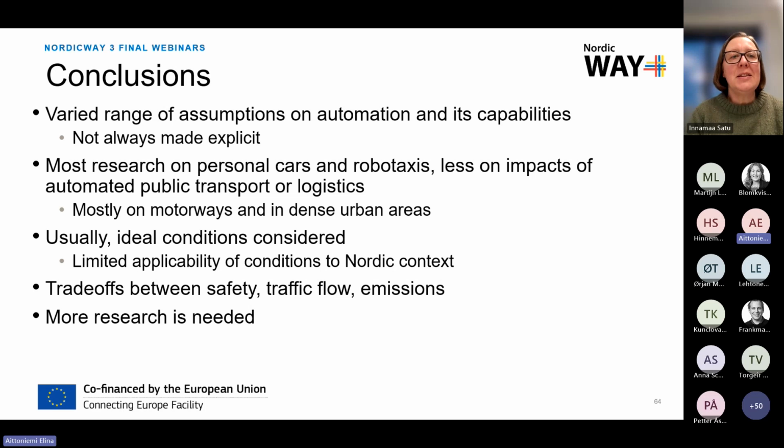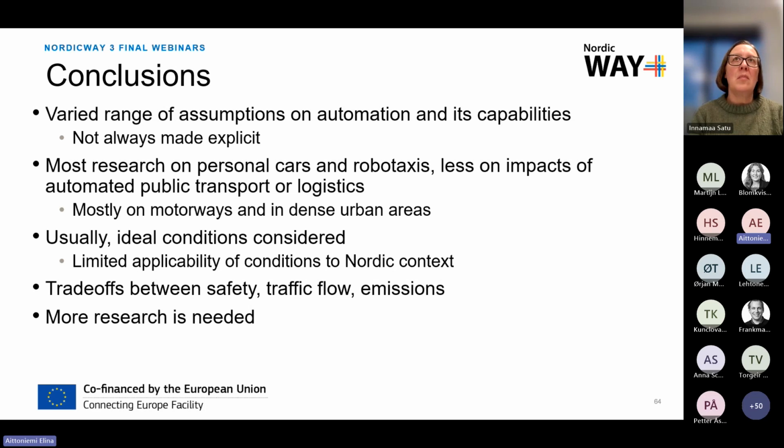So you said by VKT, and VKT means vehicle kilometers traveled, and you said that the impact came via VKT. So what was the assumption? How would the vehicle kilometers travel change with this kind of robotaxi service? Does it increase or does it decrease? That also depends a lot on the study and what kind of robotaxi service they assume. So if they assume that the taxis are somewhere outside the city parked, and then they come pick the persons up and then go back or go take the next person, then VKT can increase.